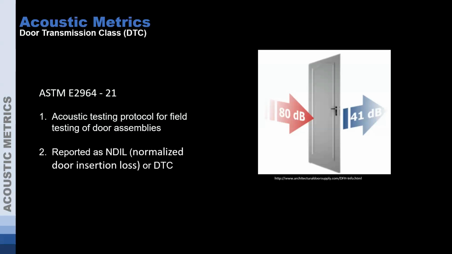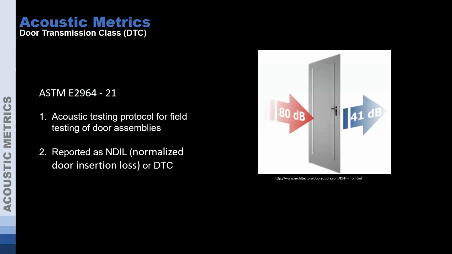The test may be how a manufacturer tests their door. If they have a sound rated door, they may say, as long as it meets this NIC rating in the field, that's what they'll keep it to. But this DTC really focuses on just the area right by the door and what that door itself reduces, because doors and windows are typically going to be your weak points in an assembly.